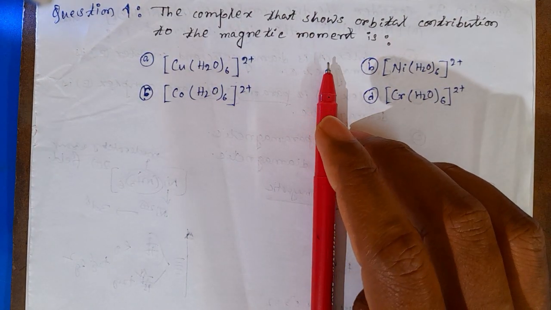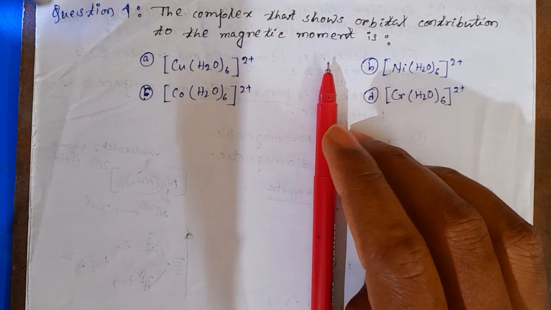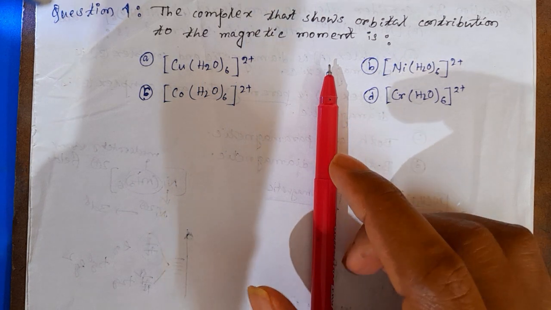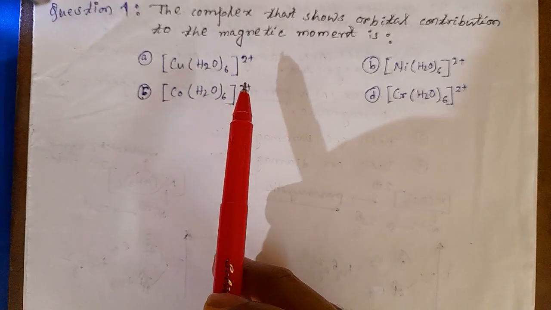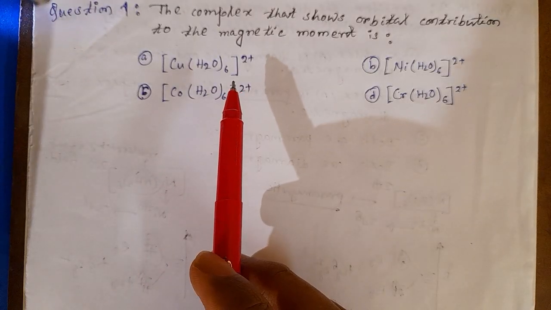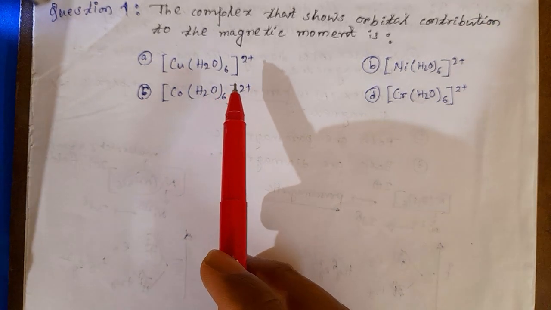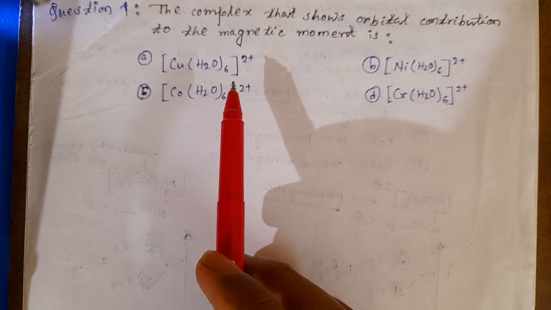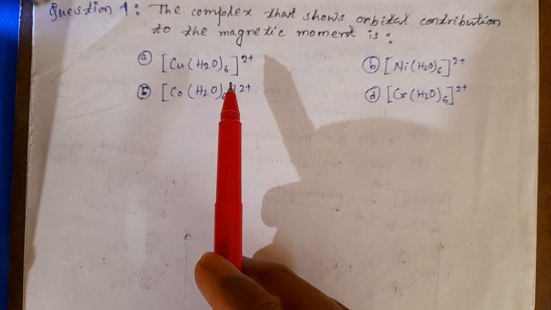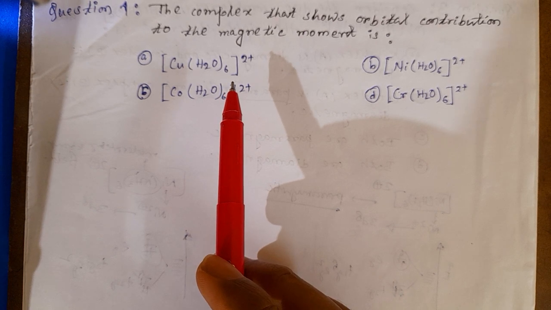So before discussing the answer to this question, I want to say something about orbital contribution in octahedral complexes. In an octahedral complex, there are 6 ligands arranged around a central metal ion in a symmetrical manner. The metal ion typically has d orbitals that can hybridize with the ligand orbitals to form molecular orbitals. The resulting molecular orbitals can then be occupied by electrons, and the arrangement of these electrons can determine various properties